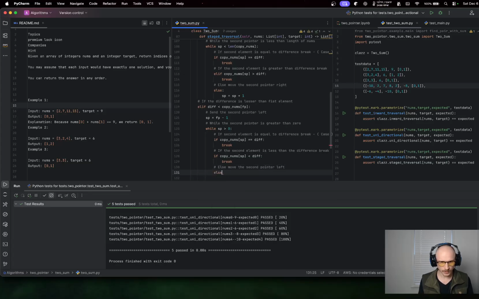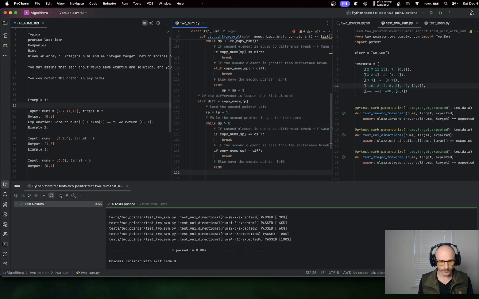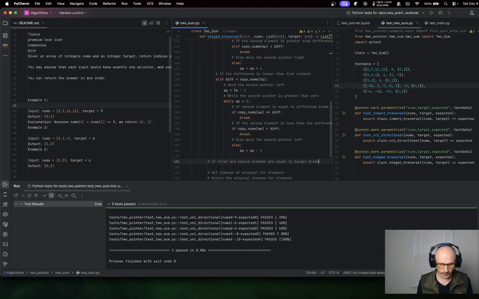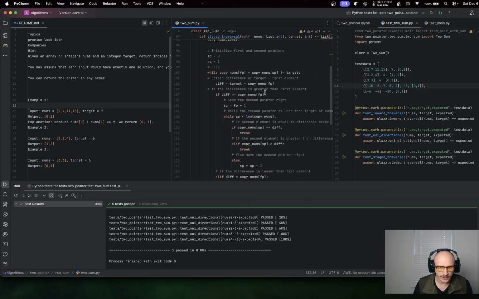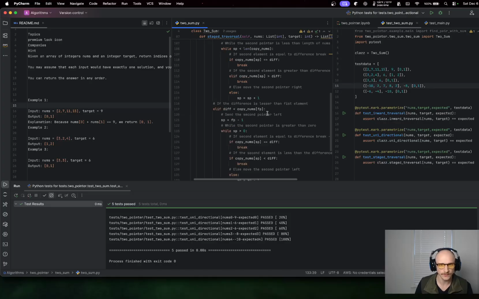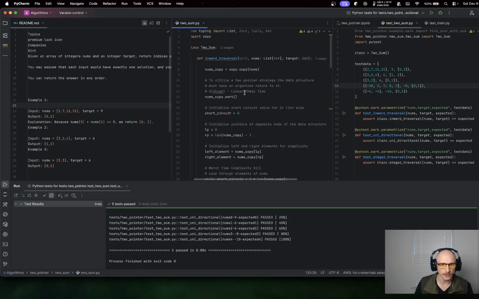Else, we want to move the left pointer left. Okay. We don't need to do this because of the fact that that is our case here, when these two numbers do not equal the target, then we will break. All right, so get the indexes for the original elements, and I'm going to be real lazy